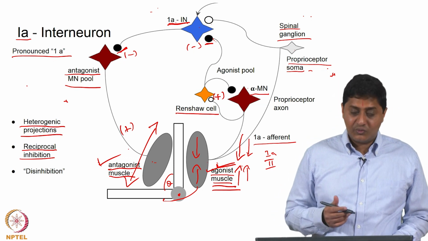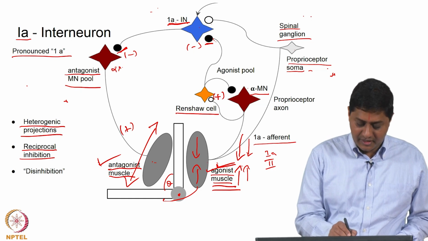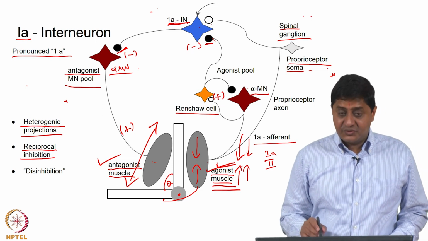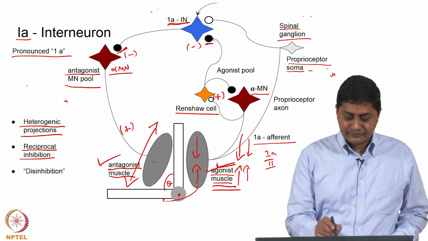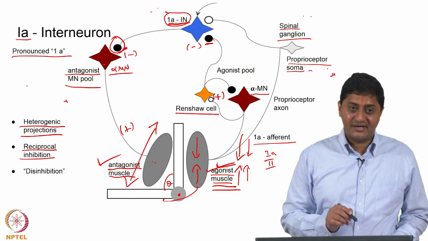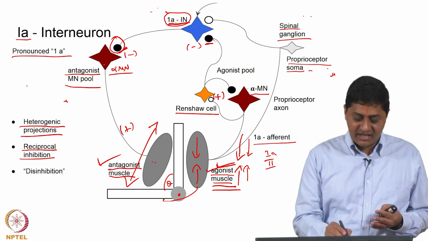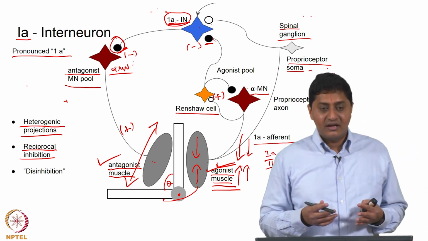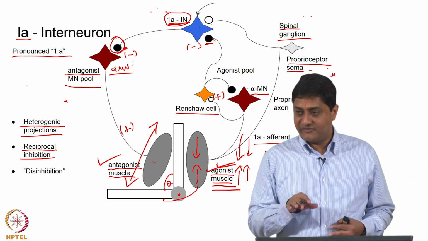That is going to happen only if I excite this alpha motor neuronal pool. This is the alpha motor neuronal pool, is it not? This I want to excite, but what the Renshaw cell is doing is it inhibits the 1A interneuron, which is inhibiting the alpha motor neuronal pool. In other words, it is increasing slightly the probability that this alpha motor neuronal pool is going to reach threshold, or is going to get activated and contract, thus providing one more level of negative feedback.